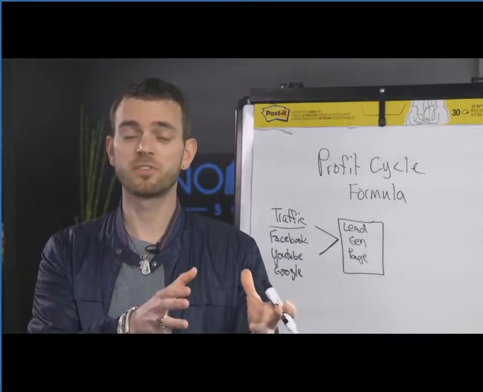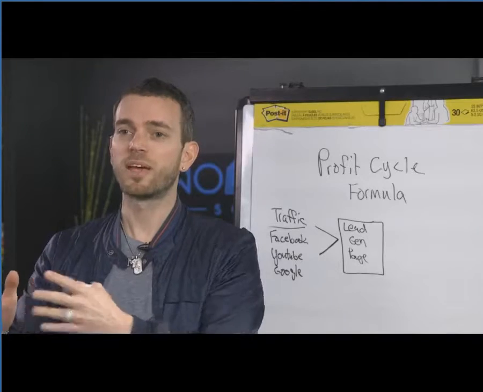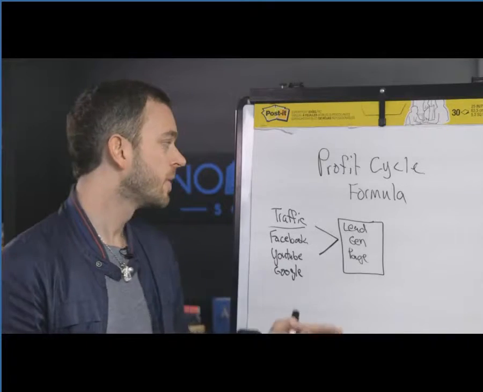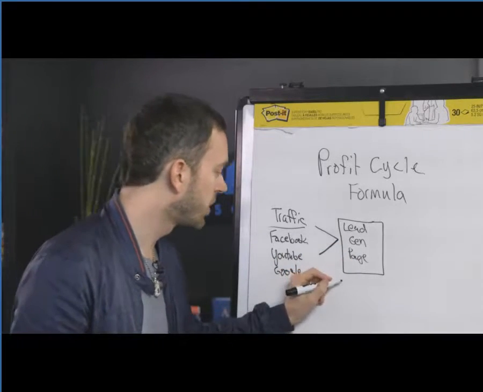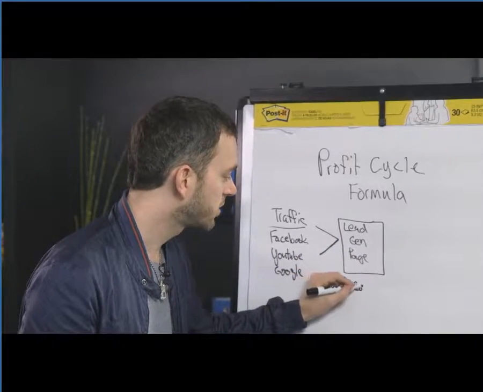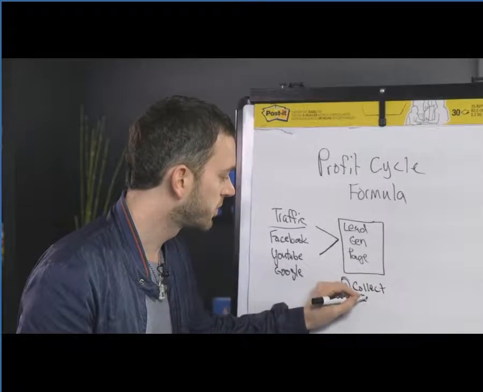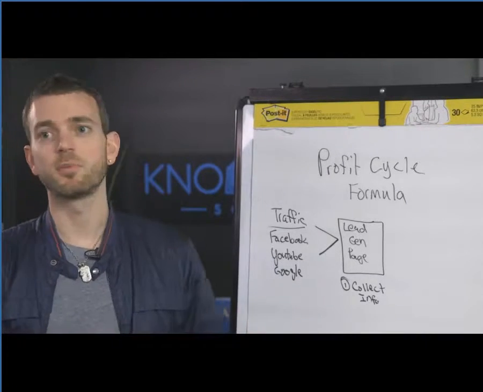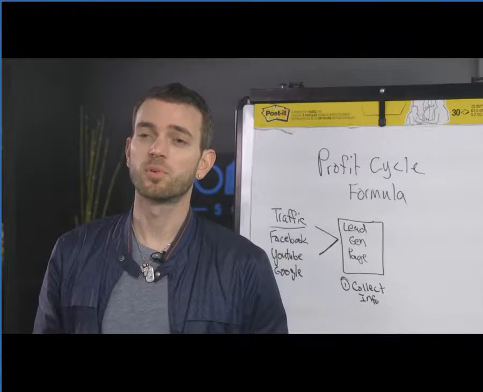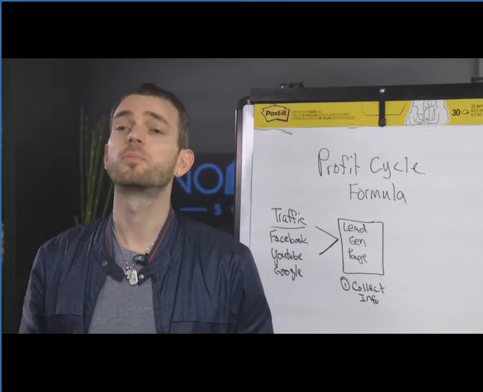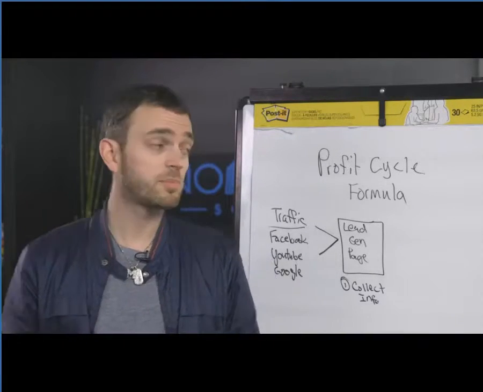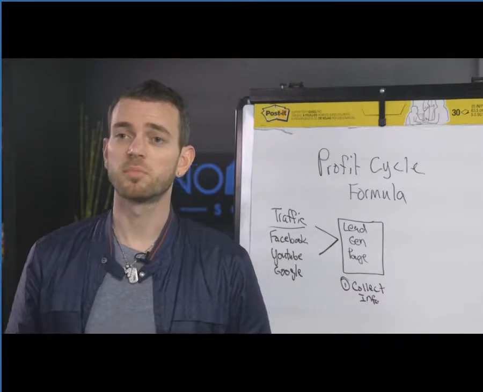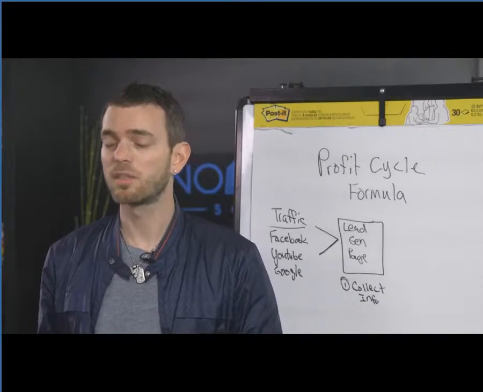So instead of going to their actual website, we send the traffic that you're generating for them to a lead generation site. Now, the reason for this is twofold. Number one, okay, we collect their info. All right, so we're collecting their information. So we're going to help the small business owners now build an email list. Super, super important. Our business right now, we send multiple millions of emails every single day, all opted in through the same profit cycle formula, and we're generating upwards of 6, sometimes 7 figures in a single month from sending emails.